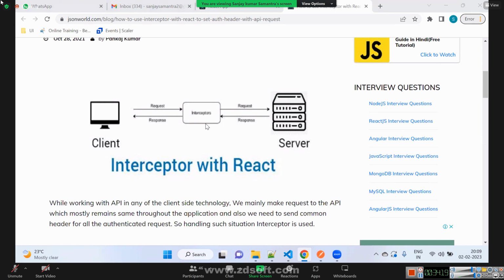Whenever we make an API call, we may want to add something to the request, or make some modifications on top of it. That's when we use interceptors, before sending it to the server. Let's say we have one requirement: to hit one URL, I need to add a request header, authorization.